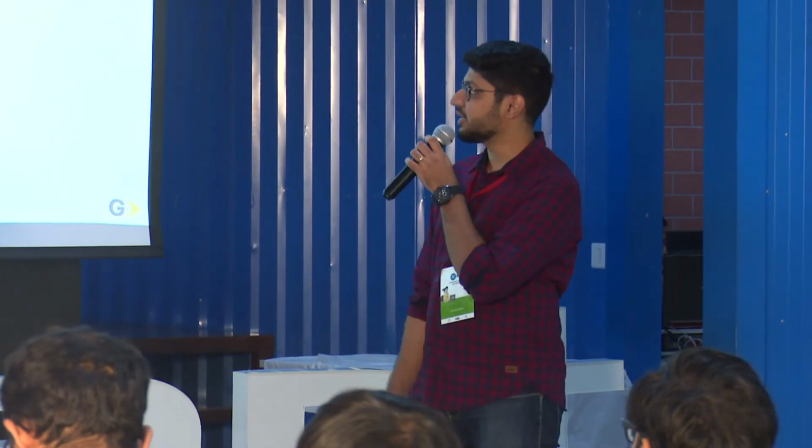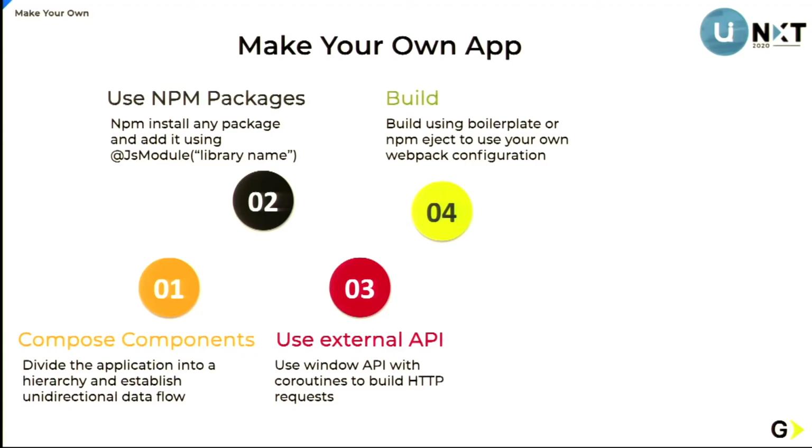Moving on to the next one, which is building it. Every app will have to be built. You guys are wondering what happens with Kotlin, right? You create an application with Kotlin and it just starts running. It doesn't happen that way. Your browser understands JavaScript, so we need to give JavaScript to the browser. So your application is basically being built. It is first transpiled from Kotlin to JavaScript, and then the bundle is created, and that's what's being used. A simple point over here is that for our explorations, we used Create React Kotlin App, which comes with a bundled Webpack, right?